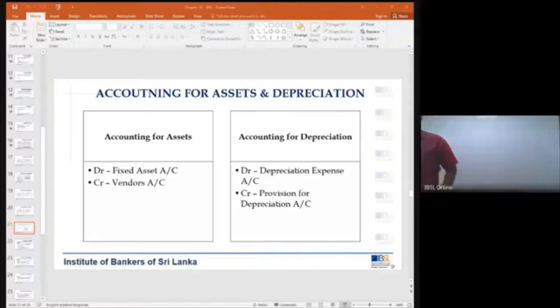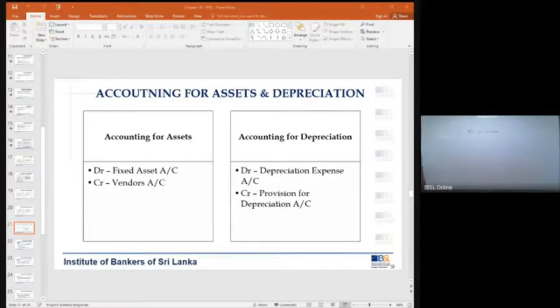ABC company has purchased a furniture. The cost of the furniture is rupees 400,000. And they have purchased it on 2nd April 2015.